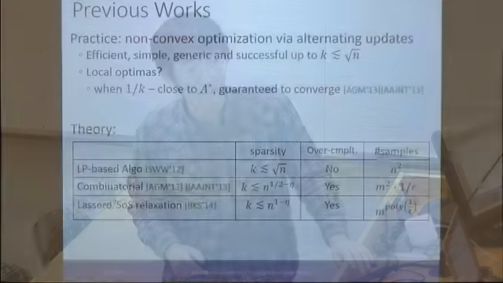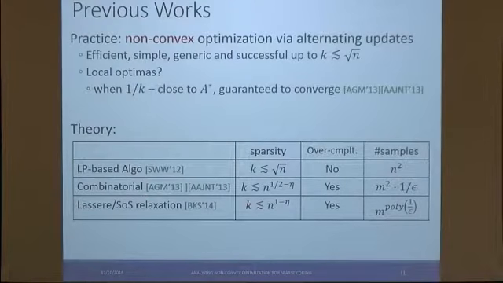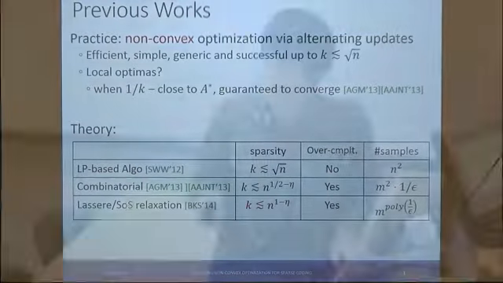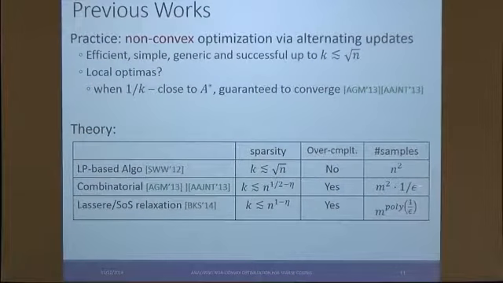The number of samples is something like n squared. You need this many samples. The other three authors, Arora, Ge, and Moitra, had a combinatorial algorithm for this problem, and also Agarwal, Anandkumar, and other authors. They can prove that if k is slightly less than square root n, then you need n squared times 1 over epsilon samples. Epsilon is the accuracy. If you want to get epsilon accuracy, you need 1 over epsilon times m squared samples, and it can tolerate an overcomplete